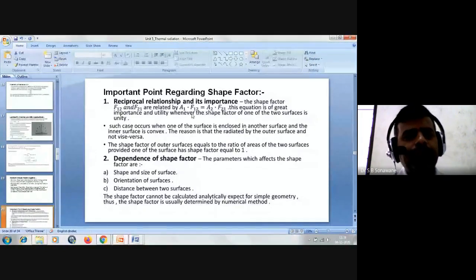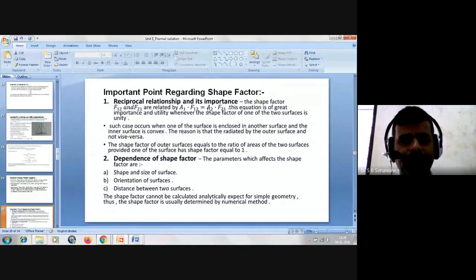Understood? So according to the reciprocity theorem, if we have two surfaces having areas A1 and A2, and the shape factors are 1 with respect to 2 is F12 and 2 with respect to 1 is F21, then according to the reciprocity theorem, A1 F12 is equal to